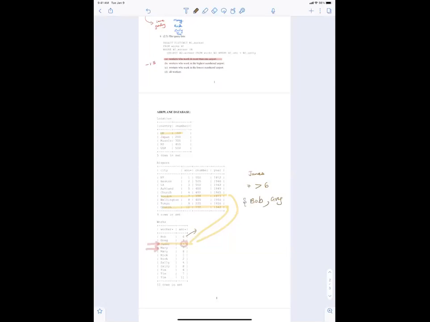Okay, so oh, I seem to have a brain freeze on this one right now. Where w1.worker in select w2.worker from works where w1.a number is greater. Okay, yeah. So we have Greg, but we don't have James. Then we have Mary. Because Mary is, let me see, 7 is greater than,